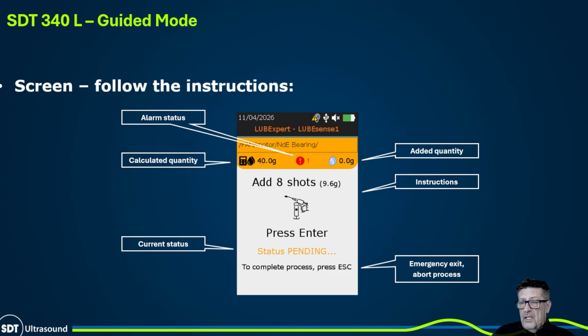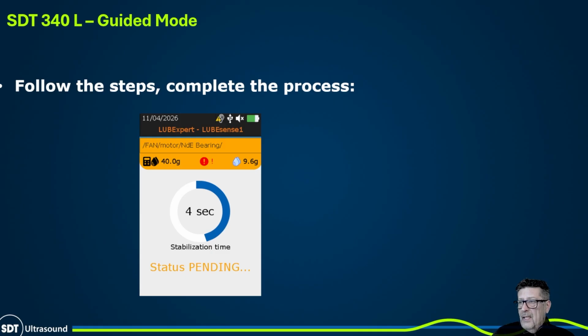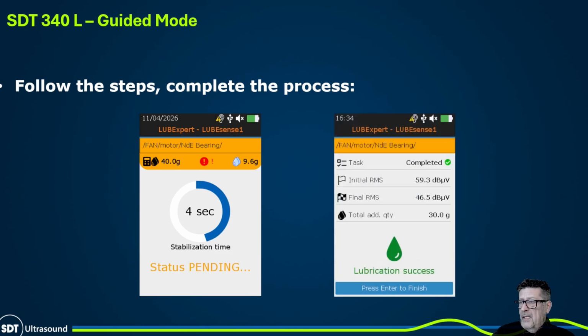The status of each step will be shown at a place where now it says status pending. After adding grease and pressing enter, you can see that immediately in added quantity, it's already 9.6. The measurement is going through the stabilization time and measurement time. And after we follow step by step,